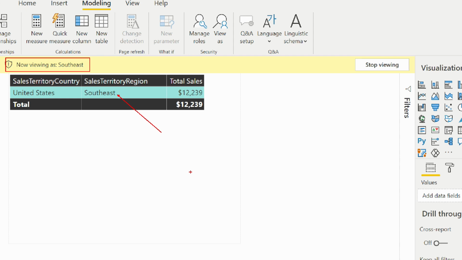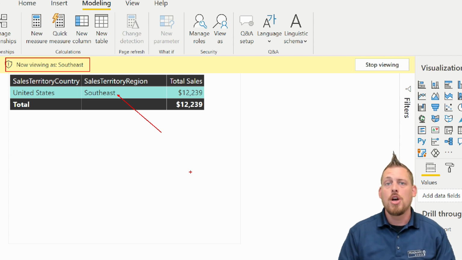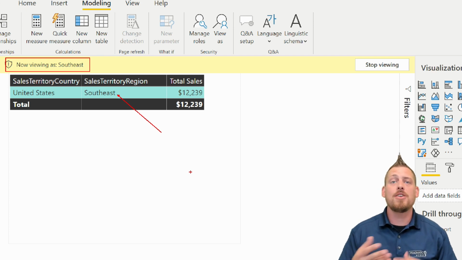So essentially, when we're talking about creating row level security, you can specify on the table what you want to use as a filter. Do I want to filter down by region, or I could set up a filter by country? There's a lot of different options here. That's what makes this so great. And in the next module, we'll also talk about how to use dynamic row level security. So let's go ahead and create our next role, which is going to be the East role,